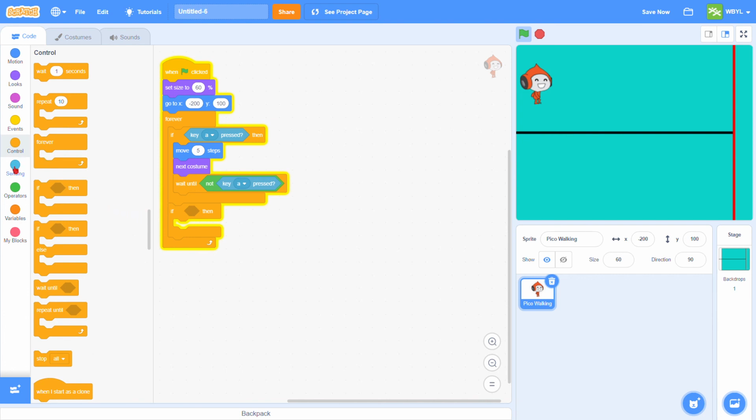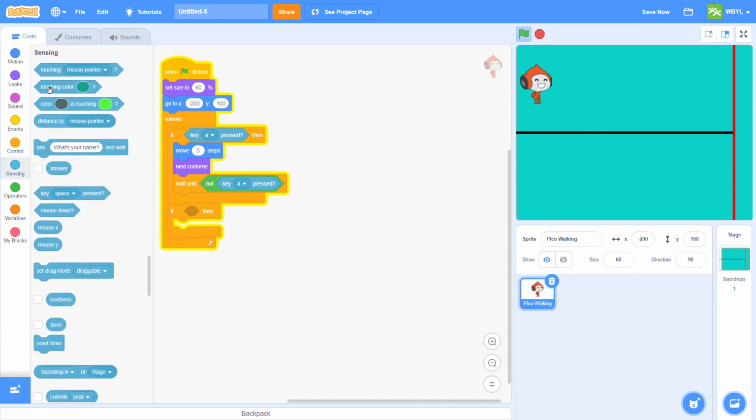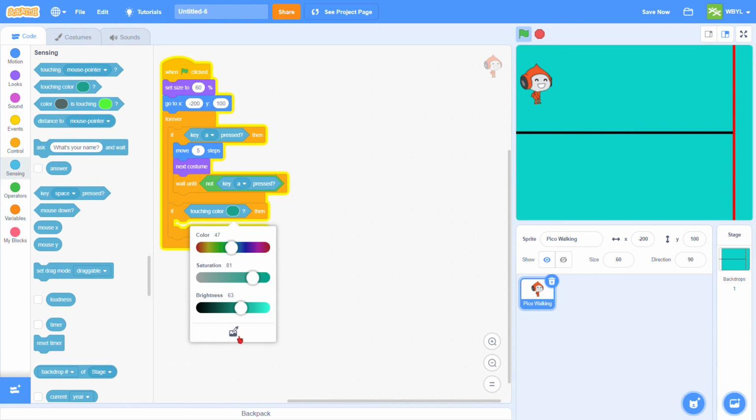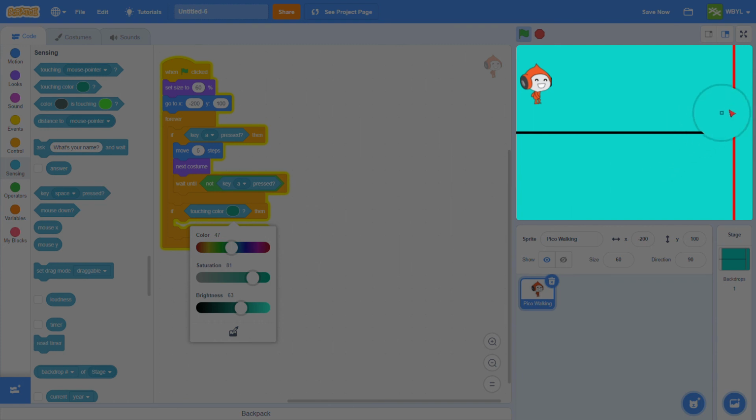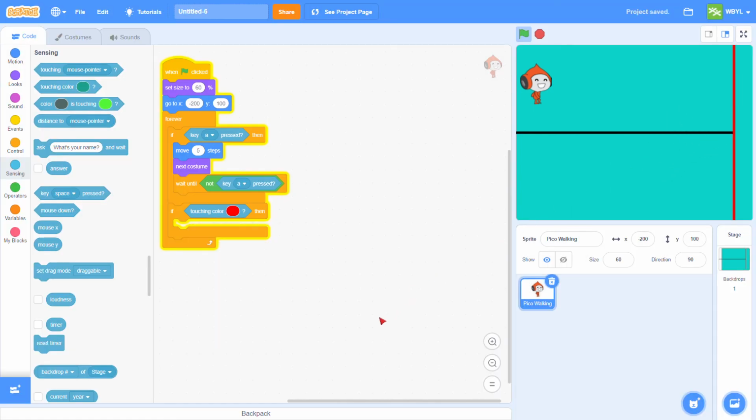We're going to go to sensing, light blue circle again. This time we're going to grab the touching color block, grab that, put it right in there, click on this blue color, then click right here on the eyedropper tool, and click on the color of your line. So now, if it's touching the red color, we're going to make a win condition,